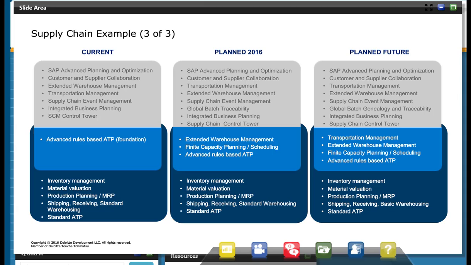If you use transportation management and you go with S/4HANA today, everything's still going to work, but this transportation management section is still running on the old code line. Well, if you look down in the future a bit, you can see that transportation management actually comes down here into the core. You can see on the very far right in the light blue, there it is now. That is something we plan to do. So transportation management then will be one less piece of the architecture that you have to manage. It will actually become part of that core, and that way you don't have to have a separate system to